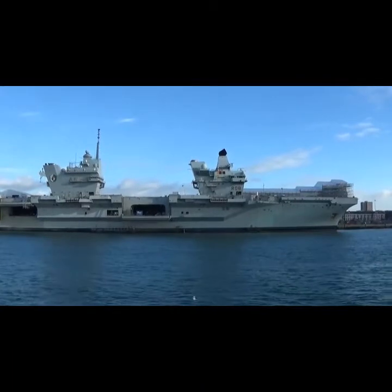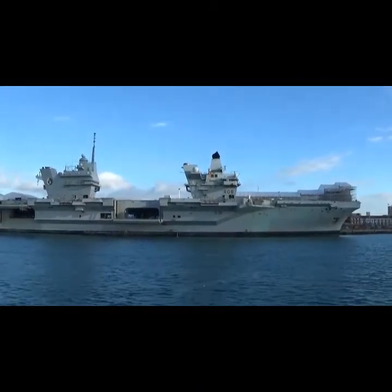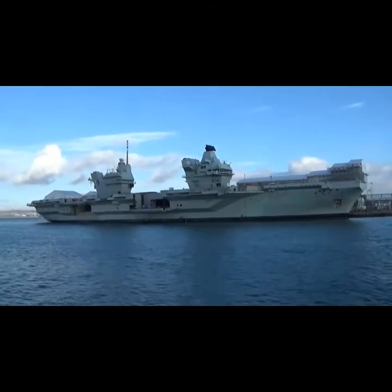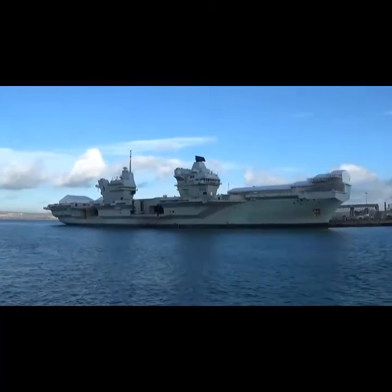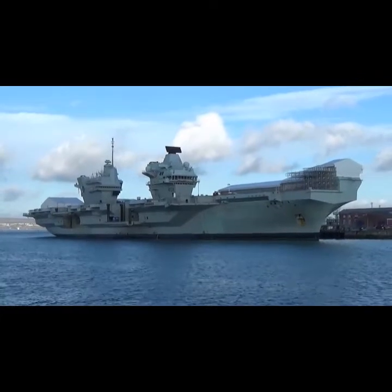So of course, passing down the left-hand side, the great deeds of the Queen Elizabeth, especially now we're a touch further away from her. There are a few ships around the world who have adopted the twin island design so far. Each island has its own unique role. So, for example, the one up on the front by the ski ramp, closest to us at the moment, that's the bridge where they drive the ship,